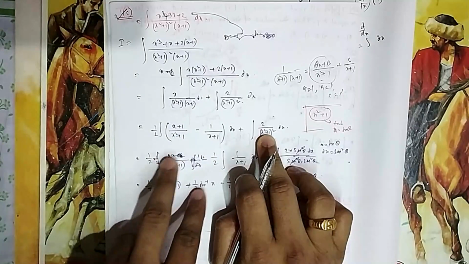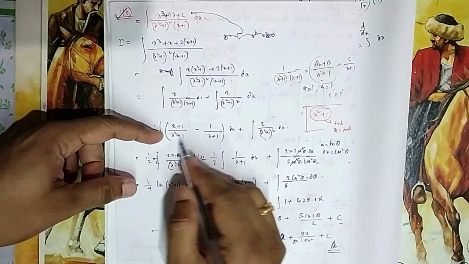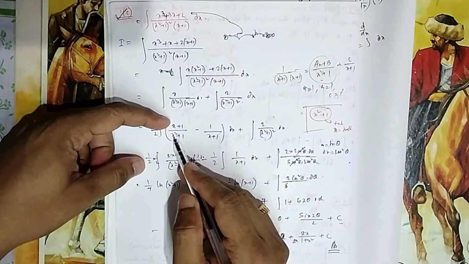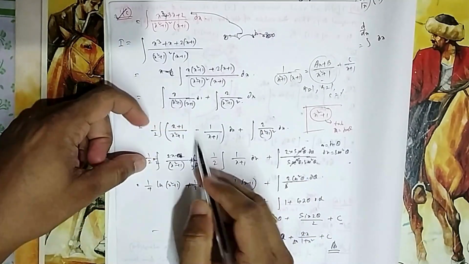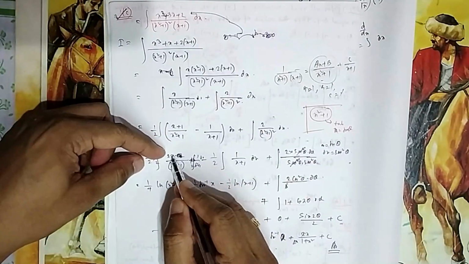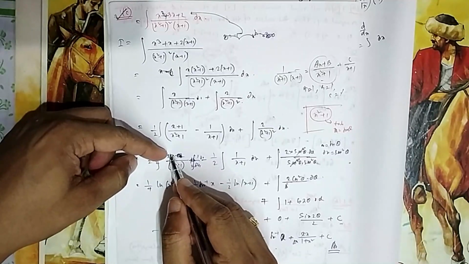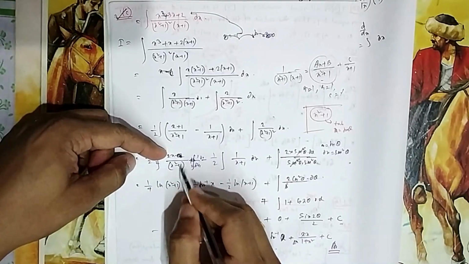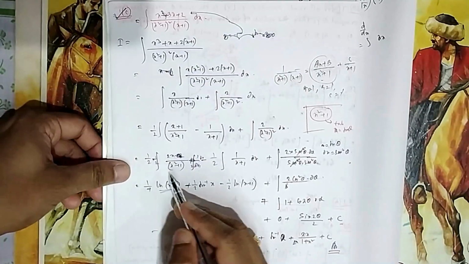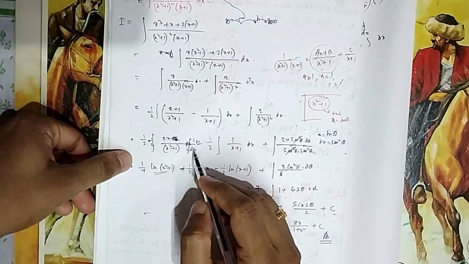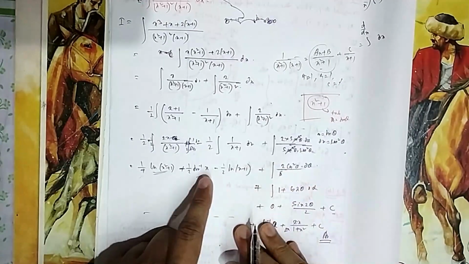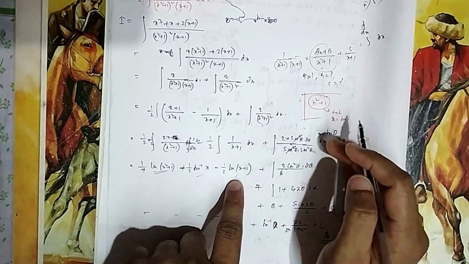Now how to solve this one? Here you can take the denominator as t, then the numerator x square plus 1 gives one part x by x square plus 1 and one part 1 by x square plus 1. X by x square plus 1, you can write as 2x, so that the differentiation of x square plus 1 is 2x. If you take this as t, then 2x dx will be dt. So dt by t will be log t. You have to make the differentiation 2, that's why I have to give half. So it will be 1 by 4. Directly I am writing, and it is 1 by 2, 1 by x square plus 1, you know it is tan inverse x. And this one, 1 by x plus 1, is ln of x plus 1.